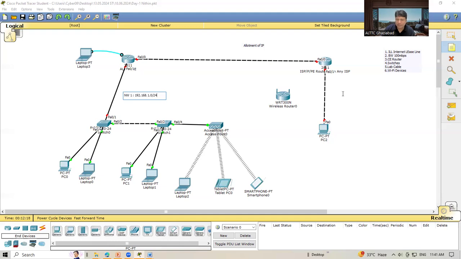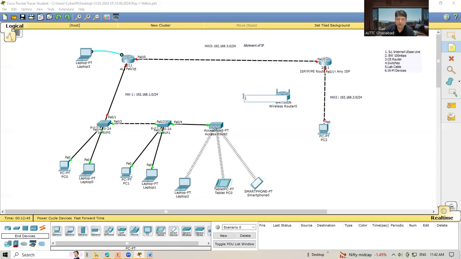is 192.168.1.0/24. Same for network 2, we imagine the ID is 192.168.2.0. It must be ensured that no network ID is similar. Every network has a separate ID. This is /24. And the third network, network number 3, has the IP address